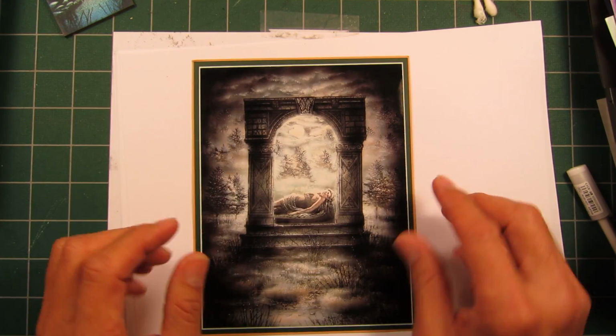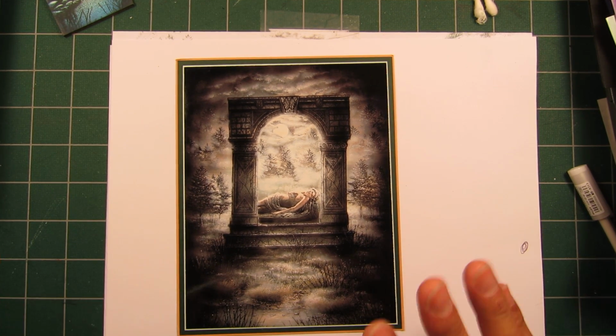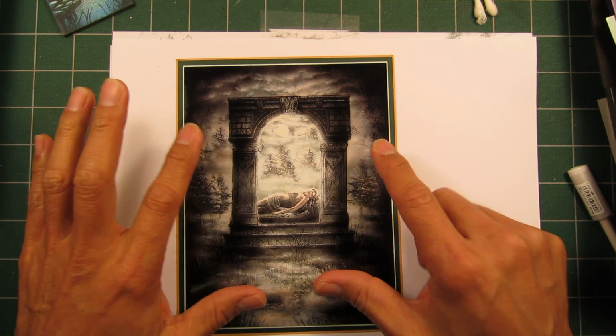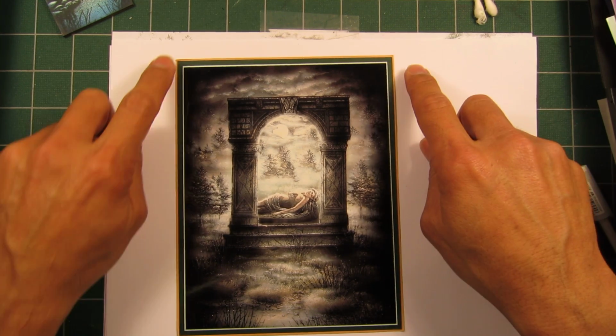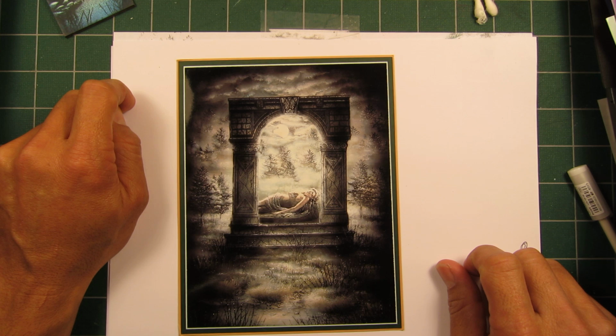But anyways, those are my ideas of matting. I'm not really that great at it, but as far as I understand the general concepts of picking up the colors of whatever kind of color you want to really stand out a little bit more, to bring emphasis to it, is to just use it on a mat, and it can kind of finish